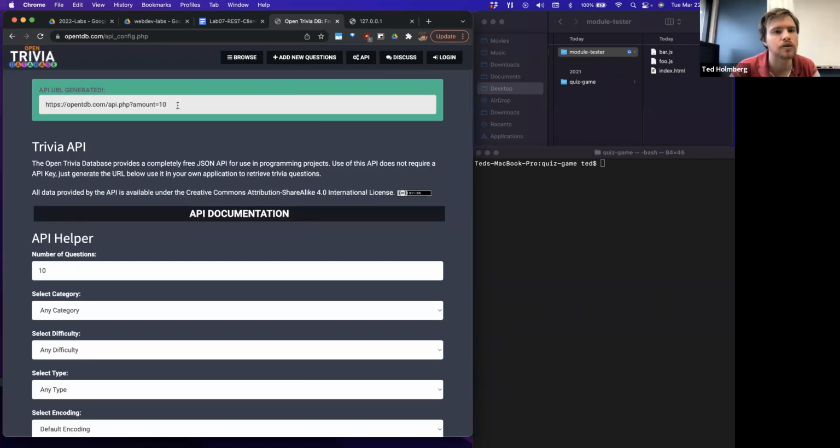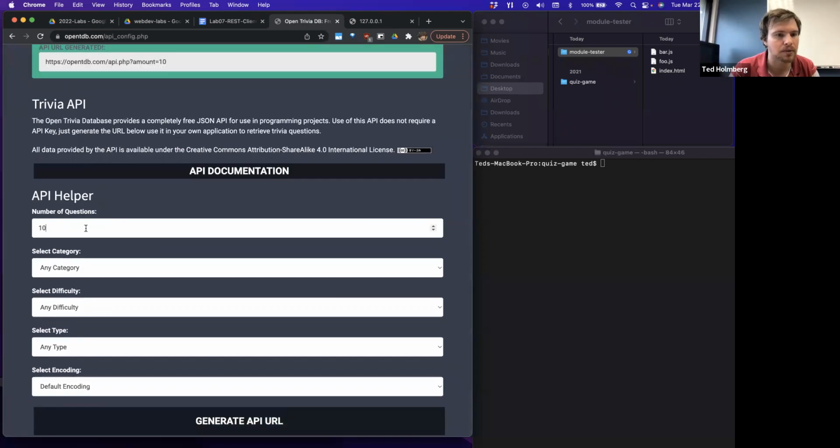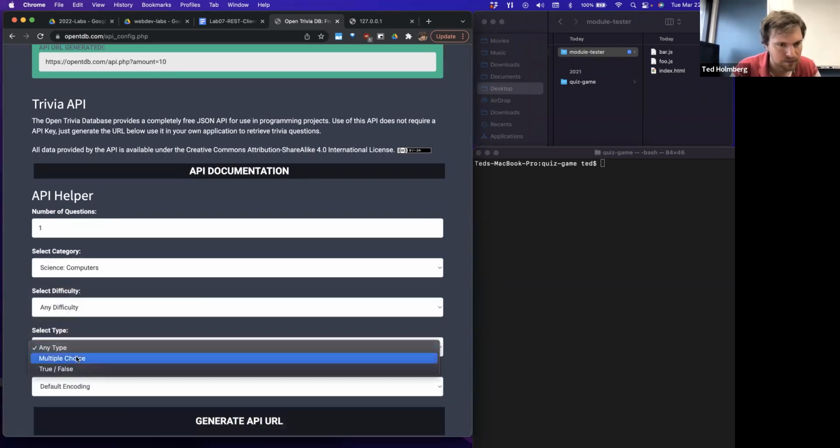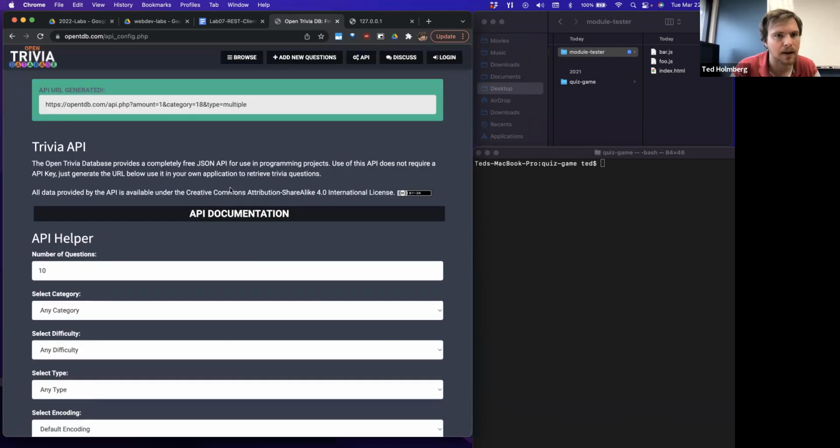And then it's going to generate an API and then publish it right up here. Although I think I refreshed. Let me get at least one. Let's do this again. Computer science, any multiple choice, generate API. Okay, perfect. So now you'll see you have this URL to effectively this PHP application, and then you have the